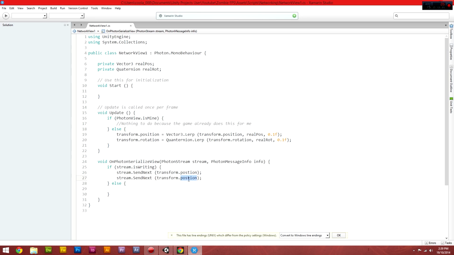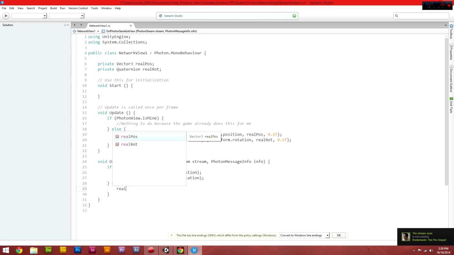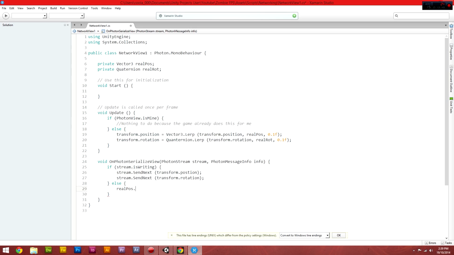Oh, not position, rotation, sorry, silly of me. And then else, realPos equals